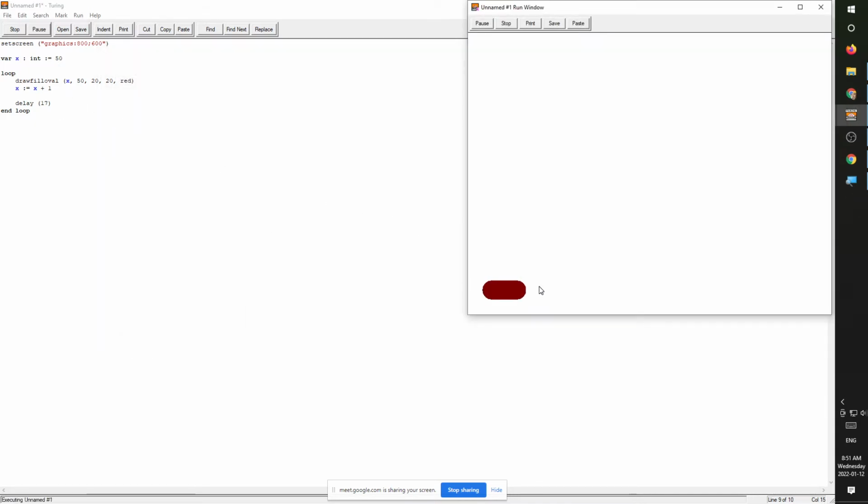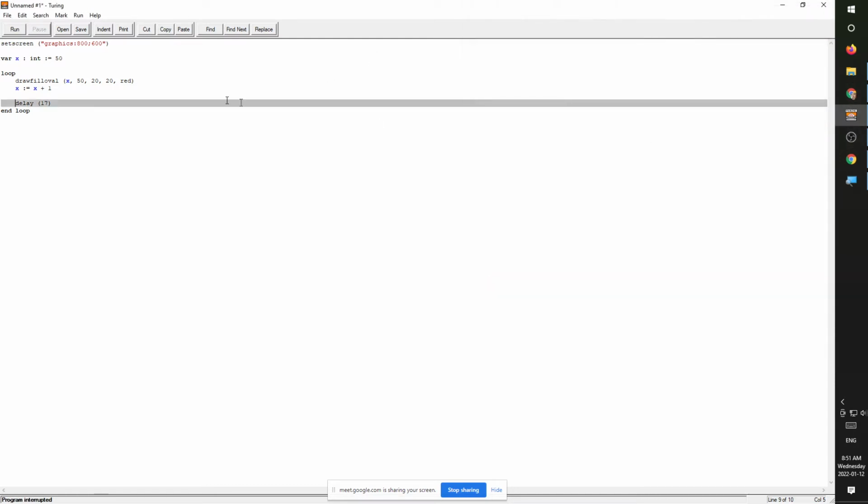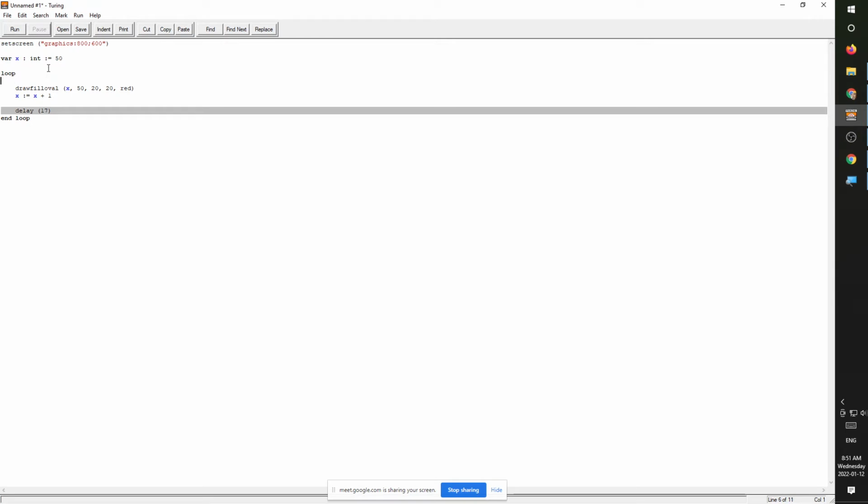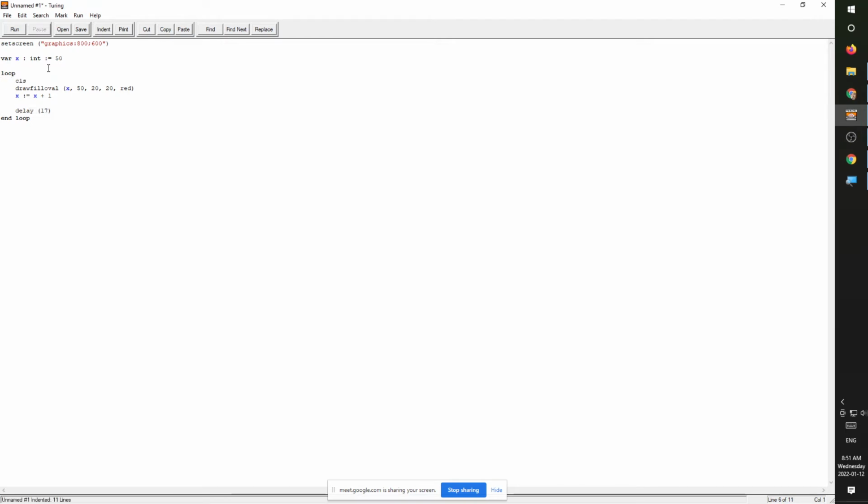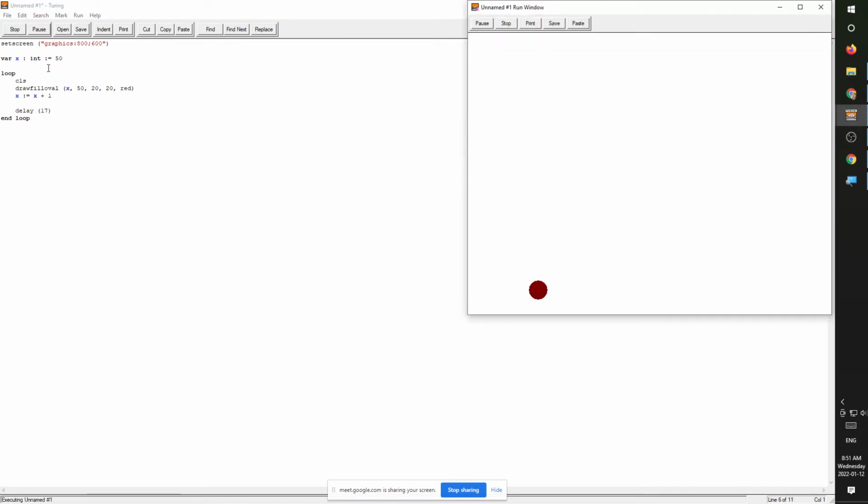So if we run that, now you can see it kind of creeps along the screen much more slowly, but it's not erasing anything, and it's just smearing it. So at the beginning of my loop, I write CLS, which will clear the screen, and now I have it moving across the screen. One of the things that bothered us early on is that it blinks a little bit,